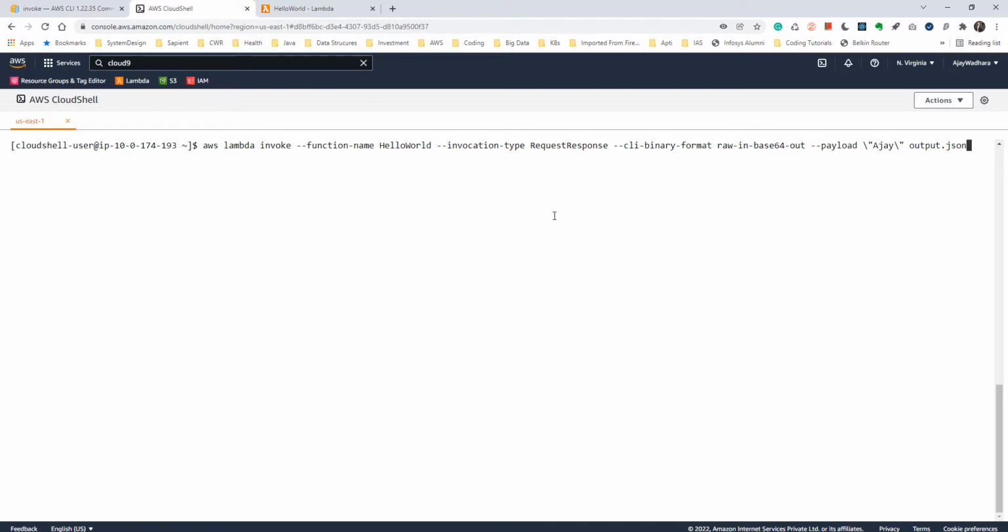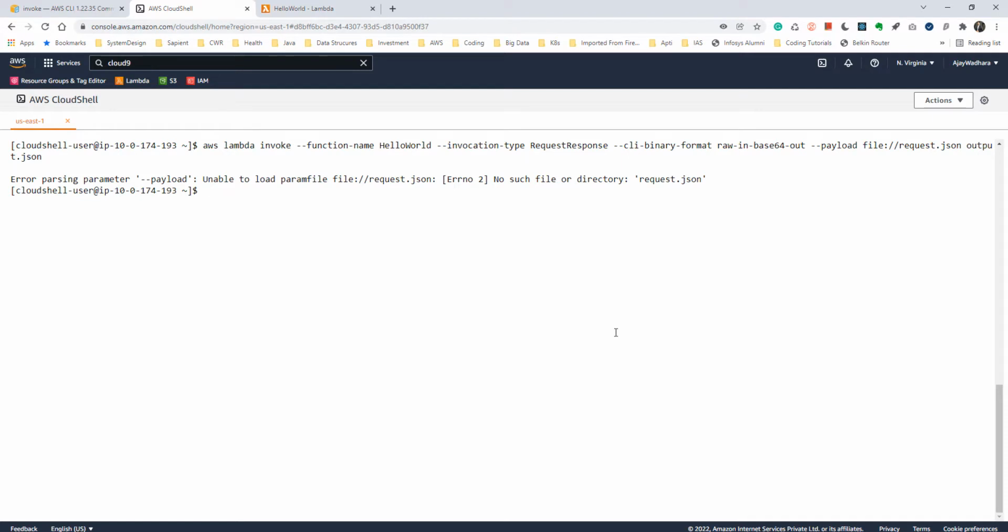So as of now we have seen passing the payload as text in this command. But when you have a big payload, let's say you are testing not the request response but some event, how can you pass that big event? Obviously there would be great difficulty in formatting that event here in the payload. So this CLI command gives us one more option. We can pass the file name also. The format goes like this: you can give the file here, and let's say the file name is request.json, and you can pass that file.